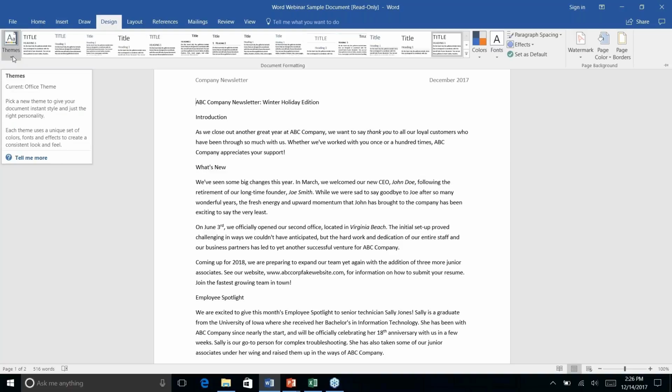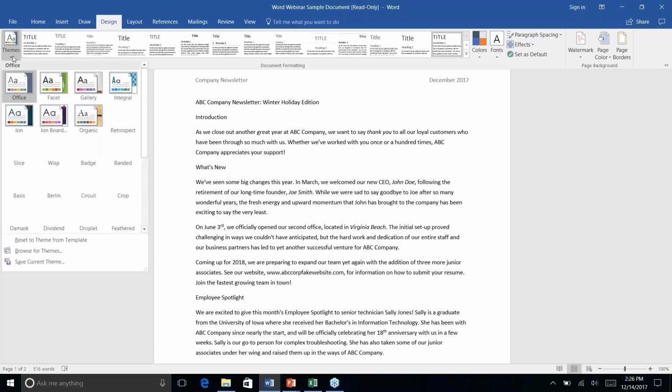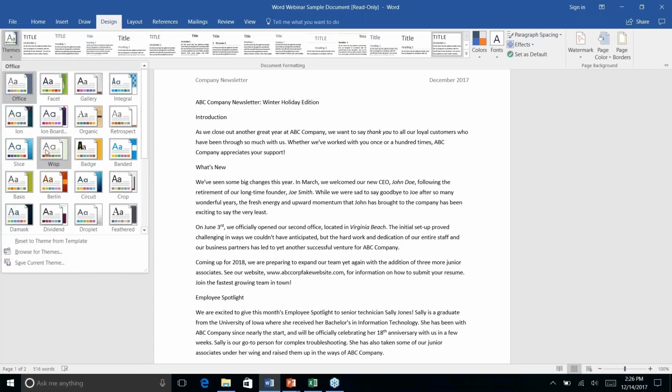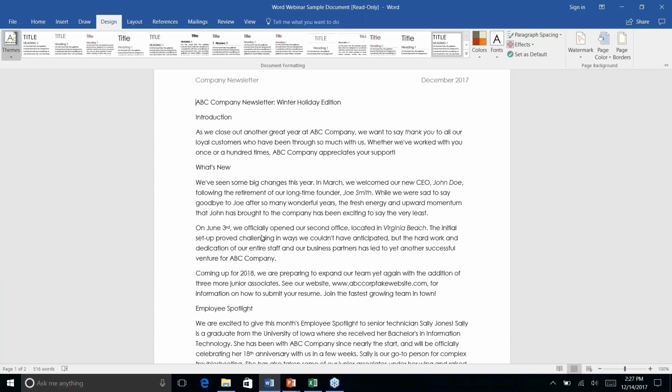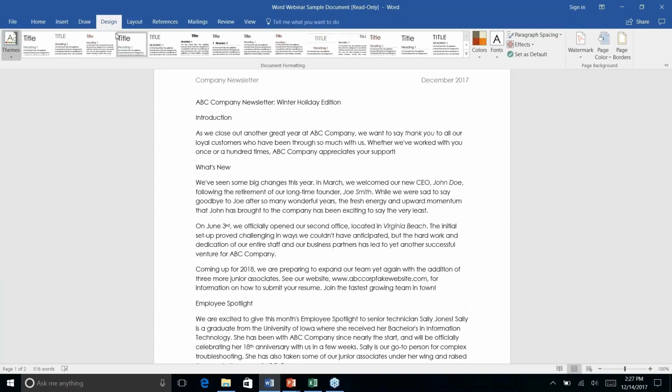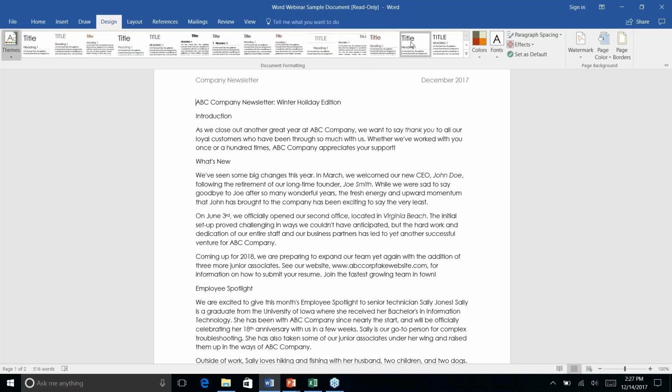So if you want something that is a little bit more contemporary, you can choose one of these styles that has a more casual contemporary font. And this sets all of the elements for the entire document. This is going to set your font, the font colors, the font sizes, the different heading options. So this is one big package of all of the features. Once you find one that you like,